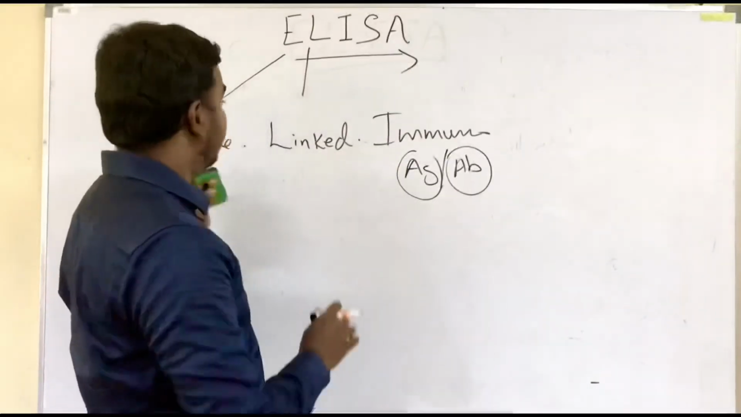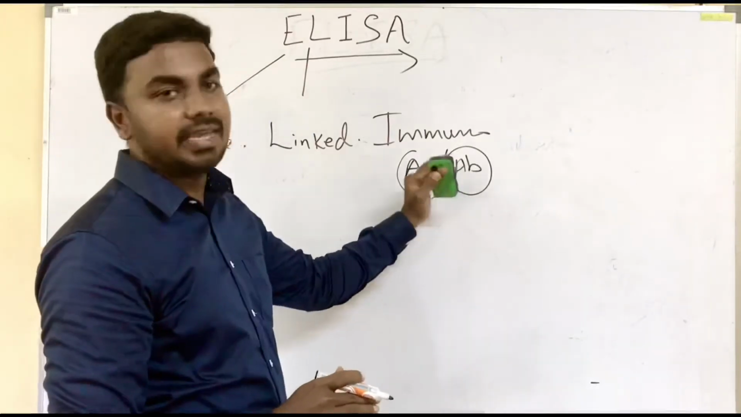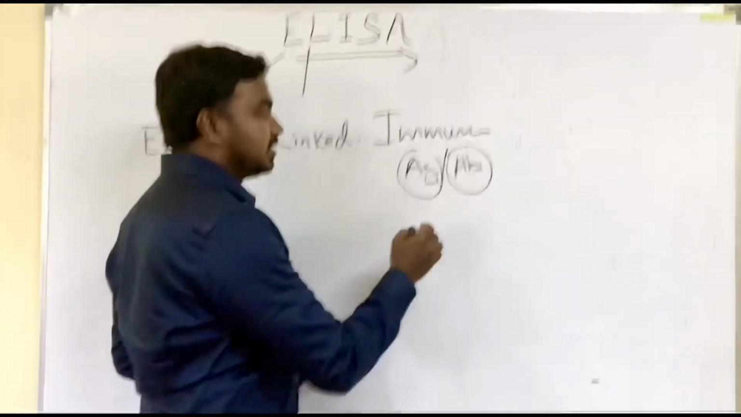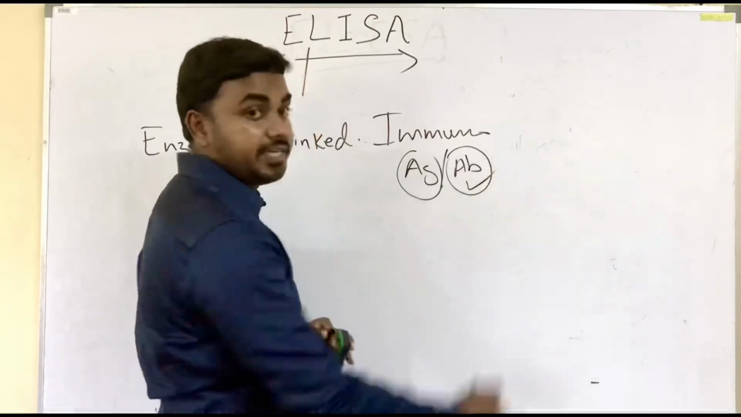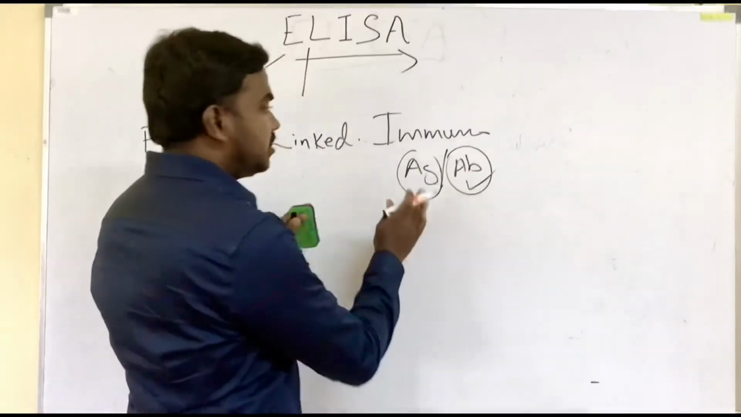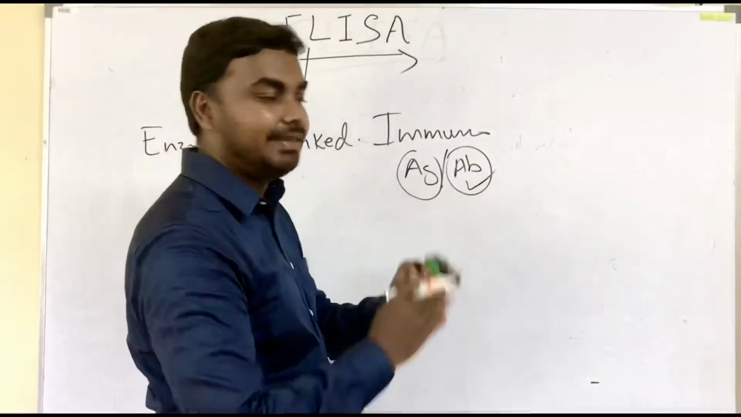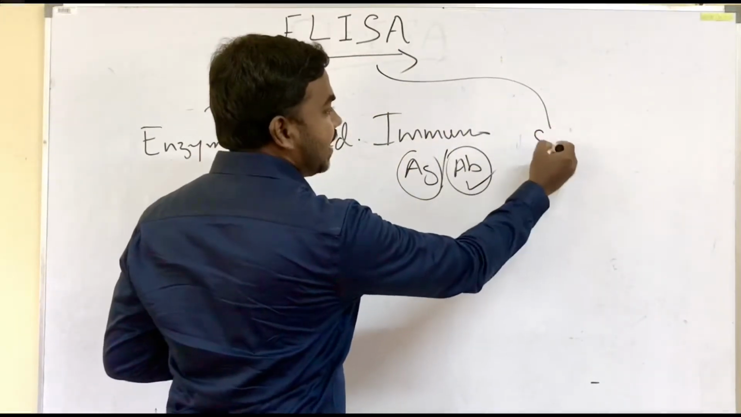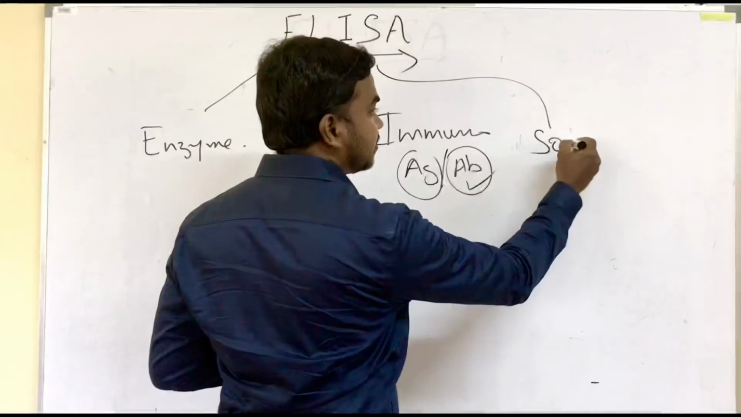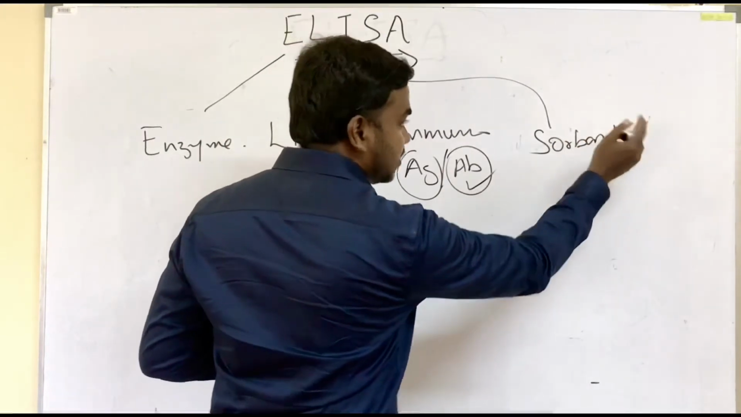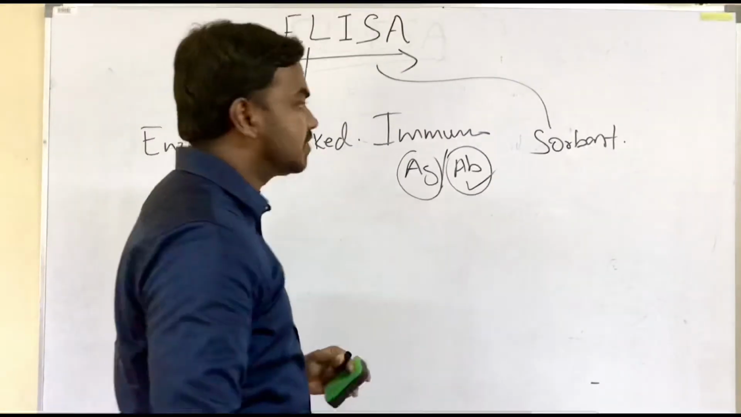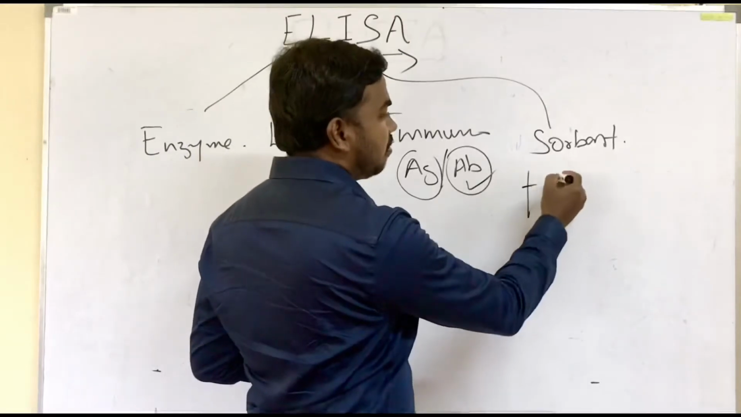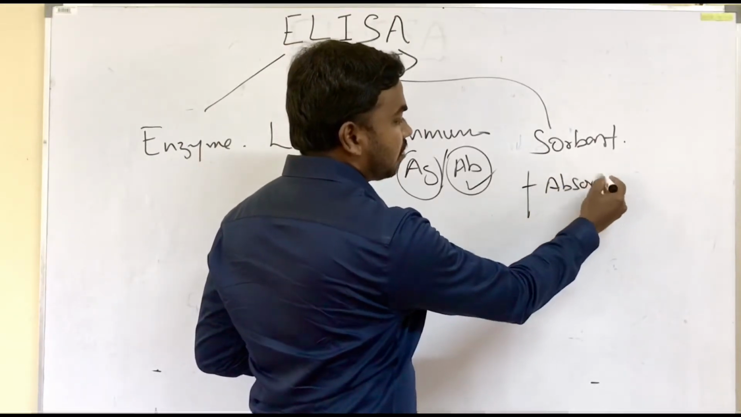So here the enzyme is not linked with any antigens, but it is linked with antibodies. So how do these antibodies get linked? The answer, I'm going to expand S, that is sorbent. Sorbent means, it's very simple, we know absorption,